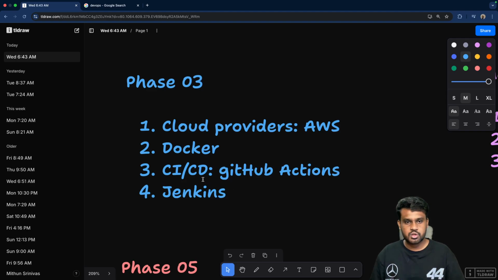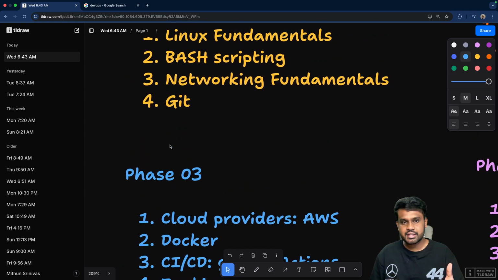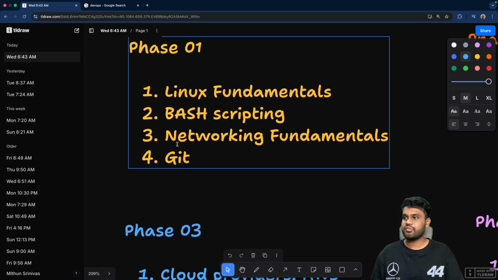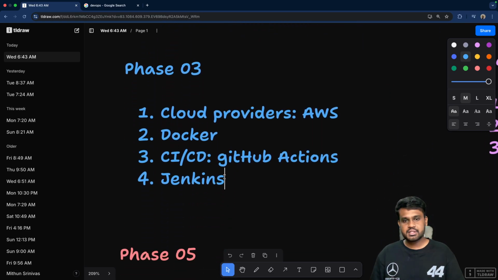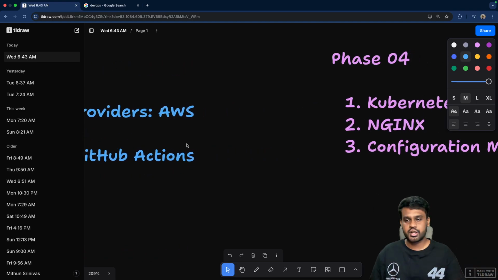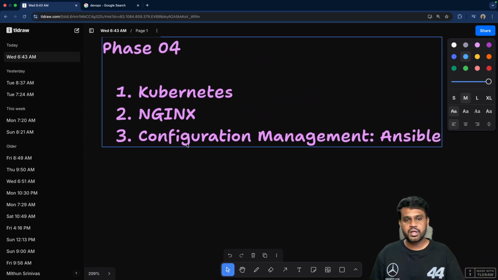All of this would be in phase 3, where you are starting the actual DevOps part. But to start this, you need to have a clear understanding of phase 1 and phase 2. With this, our deployment is done, meaning our application is running. But it's not just about running, right? It's serving a lot of things. So that is where